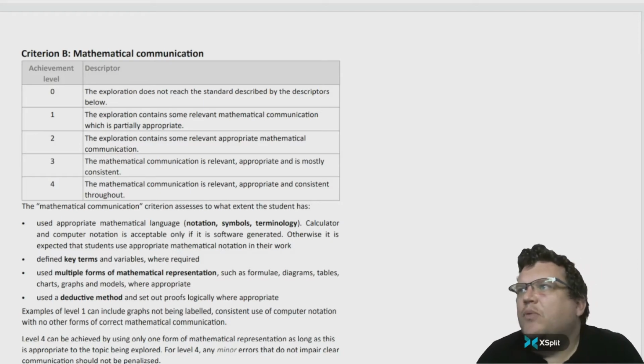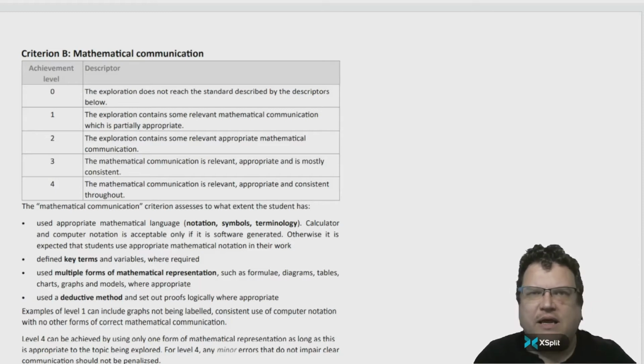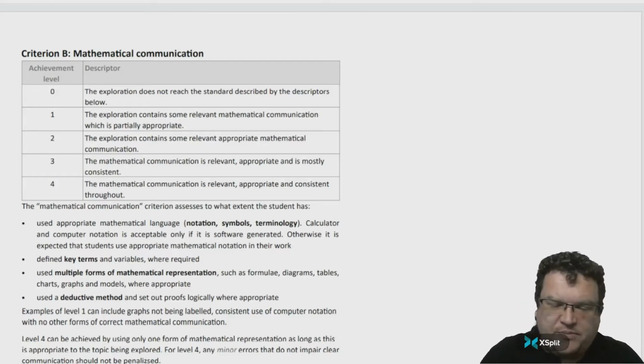So we can again have a look. There are again some key words that they drop in here. We're talking about appropriate communication. We're talking about it being relevant and consistent. Those seem to be the key things here. Now, again, these are defined below, but